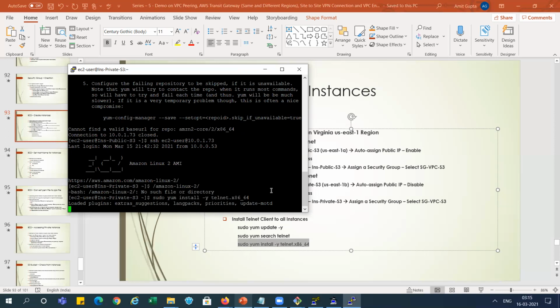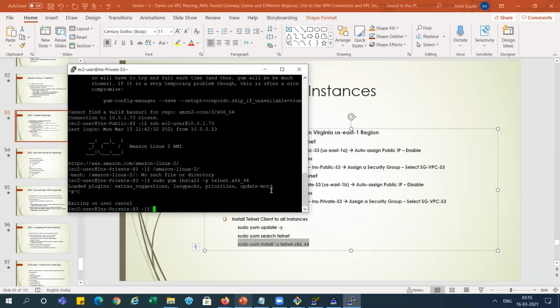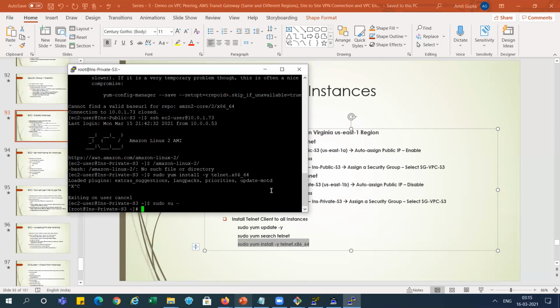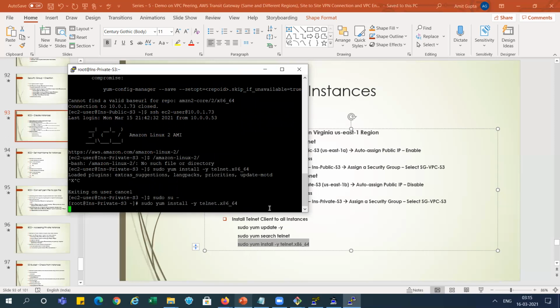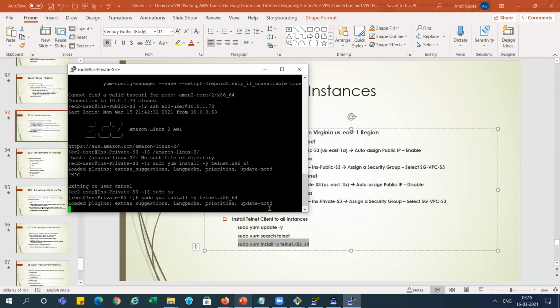We're not able to run this command. So take sudo and then try, right? I'm taking sudo then. We are connected as root. Let me try now. Loading plugin, I think something is there, right?